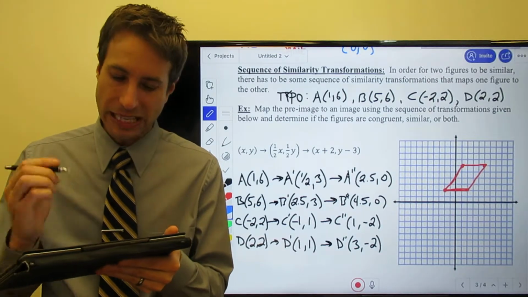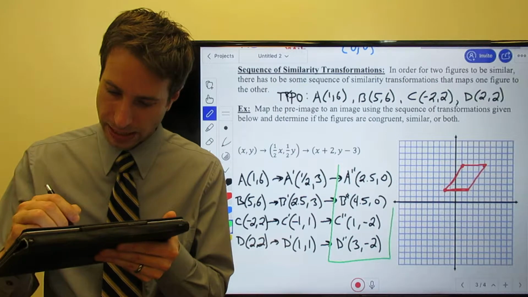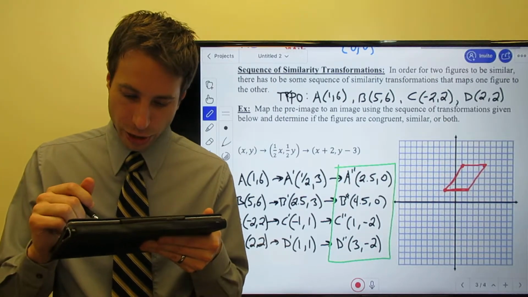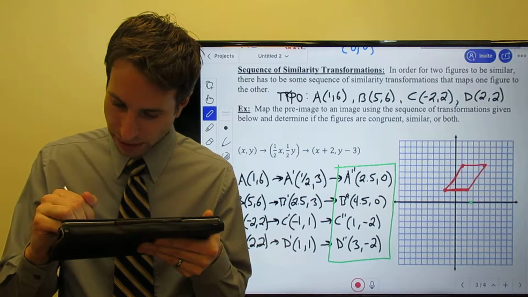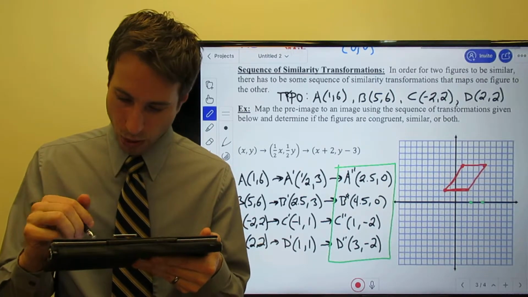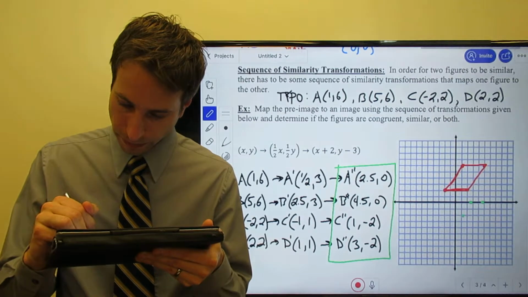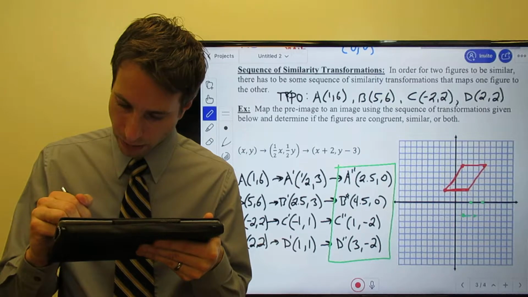Now all I have to do is plot these guys. I will do them in green. Here we go. 2.5, 0, right there. I got 4.5, 0. There it is. I got 1, negative 2. And I got 3, negative 2. And right there